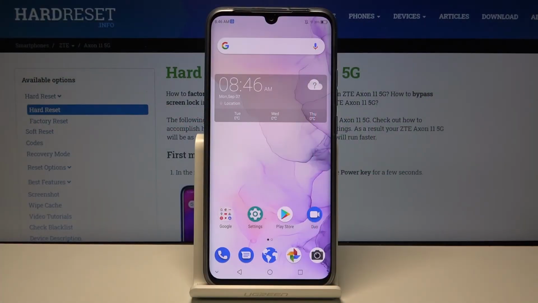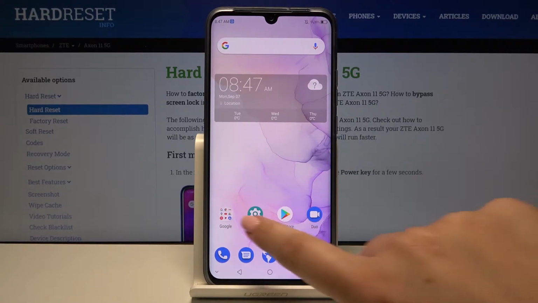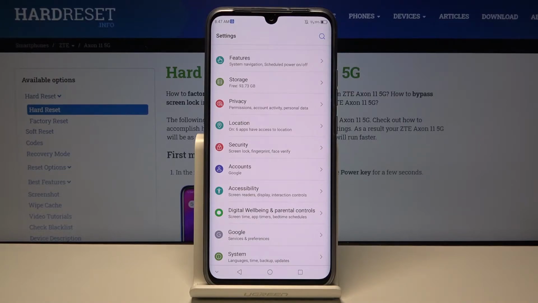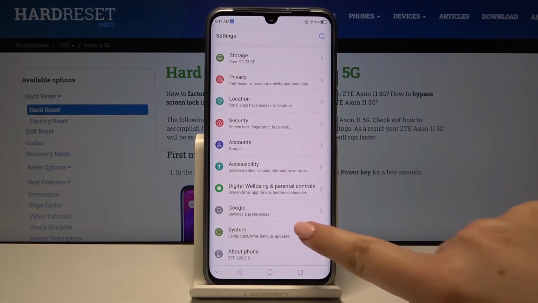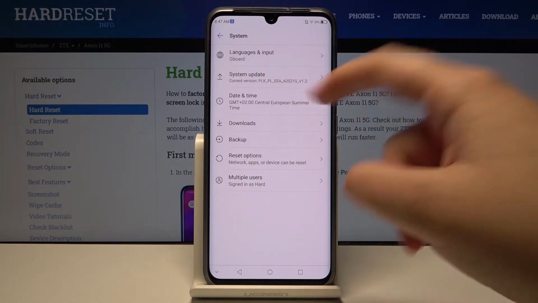Hi everyone, here we've got ZTE Axon 11 5G, and let me show you how to set date and time on this device. So first of all, let's begin with opening the settings. Then let's scroll down to the very bottom and choose System, and here we've got date and time, so let's